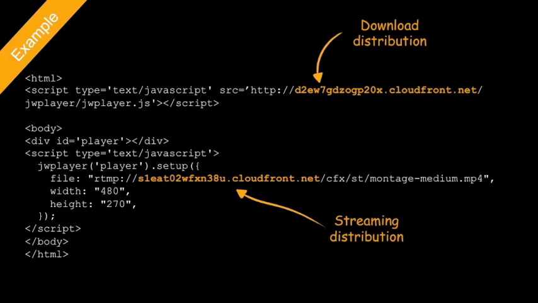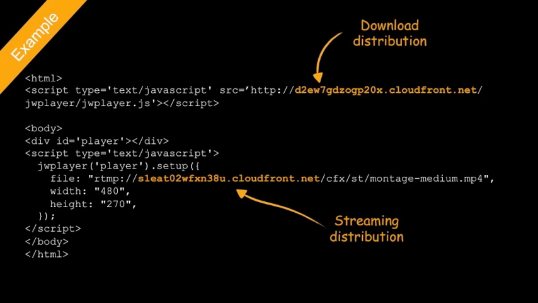And looking at the streaming example, this is an HTML JavaScript snippet which uses the JW Player, which is a player that you can get on the internet. And it's essentially setting two sources. Now I've set a download distribution on top of a bucket where I'm serving my JavaScript from, my jwplayer.js. So I have a bucket in my S3 account which has got assets that are static and that I want to be served up from as fast as possible, as close as possible to end users. And there I've got my download distribution URL and then the object key within my S3 bucket, and my object key is